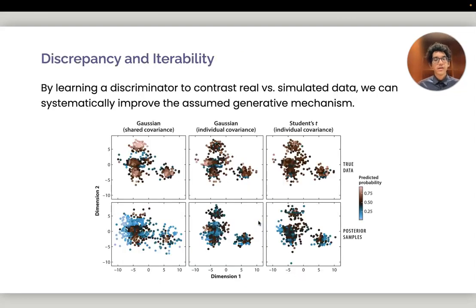Okay. Another sense in which models can be interactive is you should be able to take an existing simulator and then modify it. This is a toy example, but what I'm showing is here's real data, and then here are a sequence of simulators that are trained to try to match that real data. And since the components are all modifiable, right? Here I'm just modifying the covariance, I'm modifying the likelihood. Since you can modify it one step at a time, you can gradually iterate and improve your model.